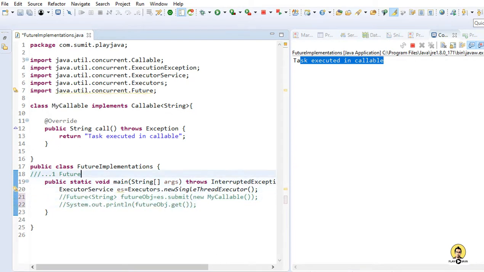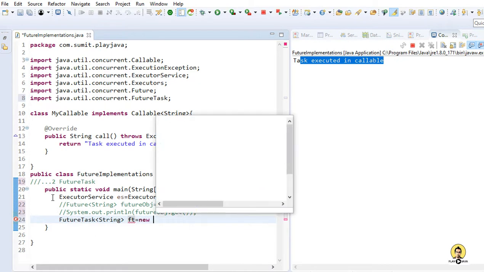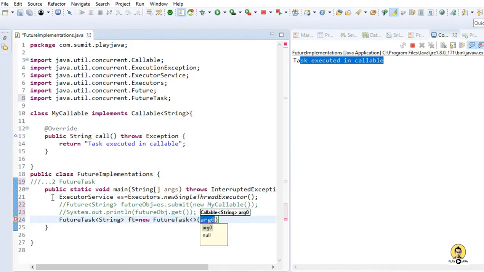So this was about the Future implementation, and the second thing is FutureTask, which I am marking as number 2. Unlike Future, we need to create the FutureTask, and in the FutureTask we can pass the callable object. So I will simply write new FutureTask, and inside it I pass the callable object.